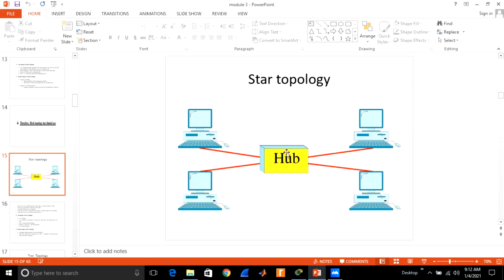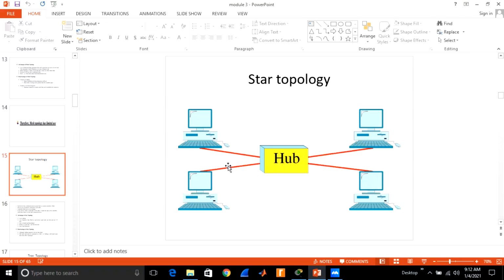When they communicate with each other, they will send the data first to the hub, then the hub will distribute it to the computers. So star topology is more robust than mesh topology, because